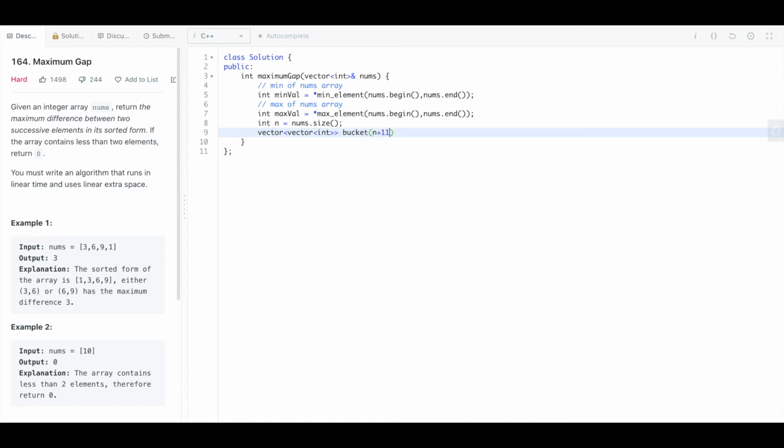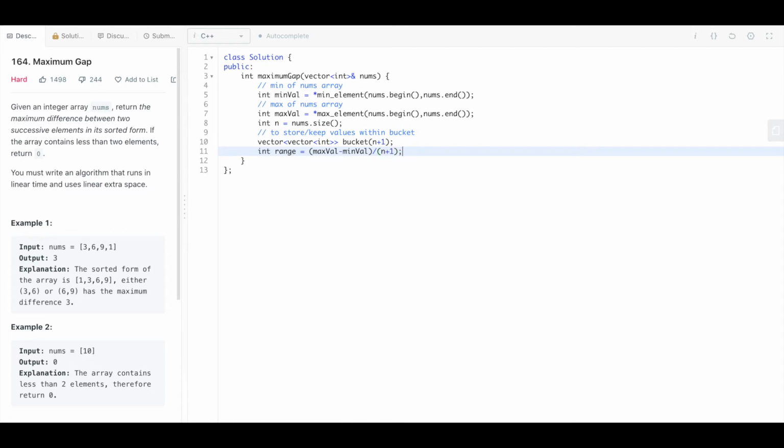So once I have this, it will store or keep values within the bucket. Once I have the values within the bucket, now I can start assigning the values to the corresponding bucket. For this I have to define the range. So what is the range? Range is basically the bucket size, whatever I am keeping here. The bucket size would be max val minus min val divided by the size of the entire array. What is the size of the entire array? I will keep n plus 1.